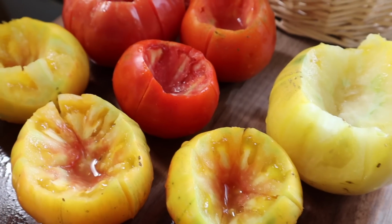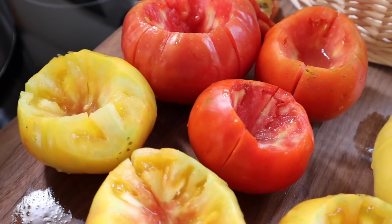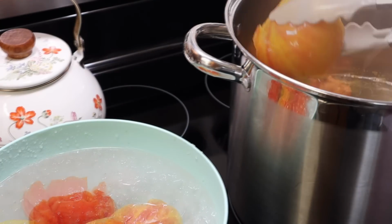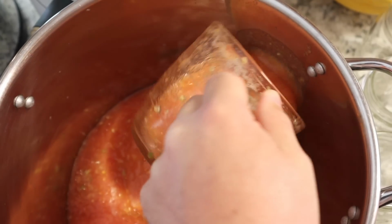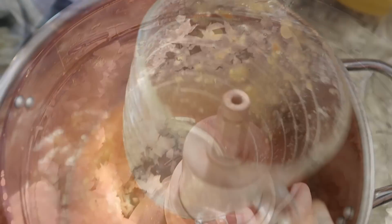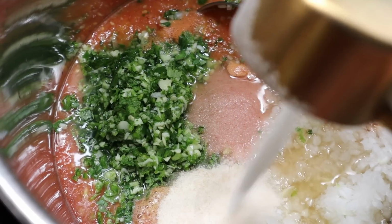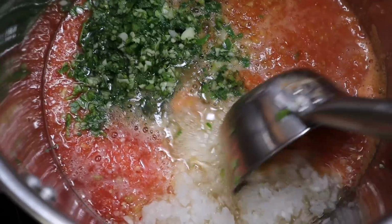Once it is all measured out, we added sugar and apple cider vinegar to help with the acidity, and then let it simmer on the stove until it reaches your desired consistency. Right now in these clips it was still a little thin and I wanted to let it thicken up a little bit more, so I believe it simmered for probably 45 minutes or longer until it got to a nice